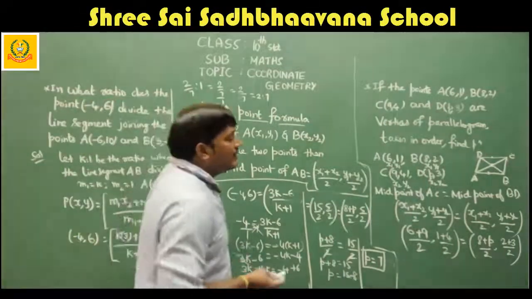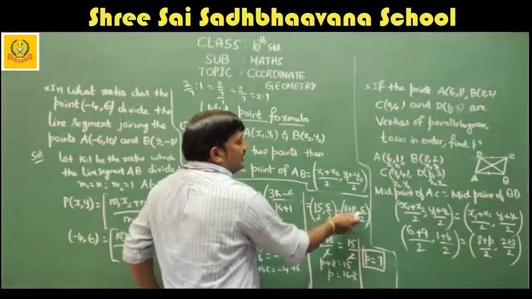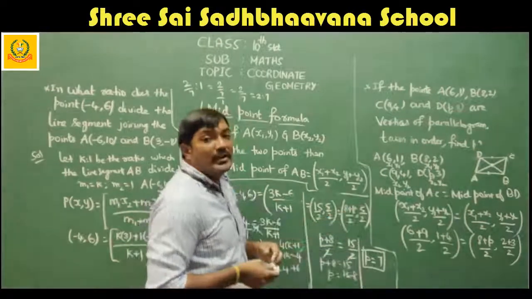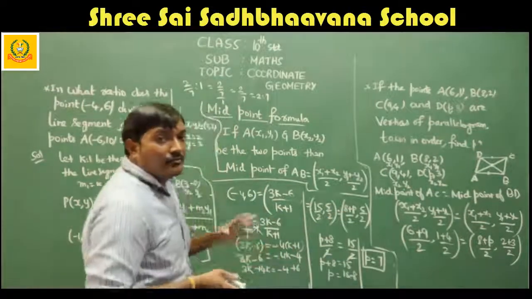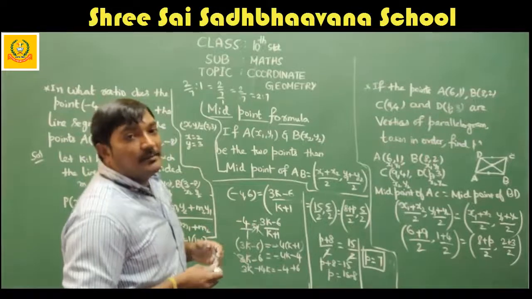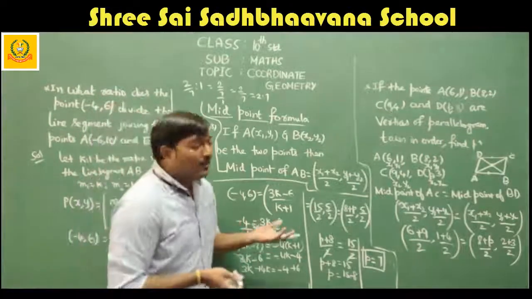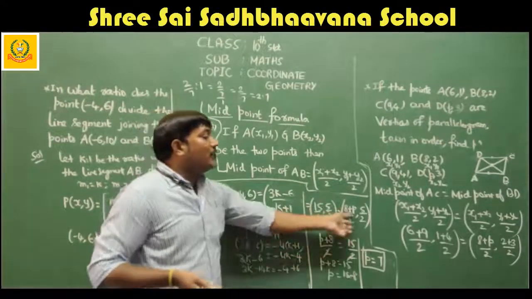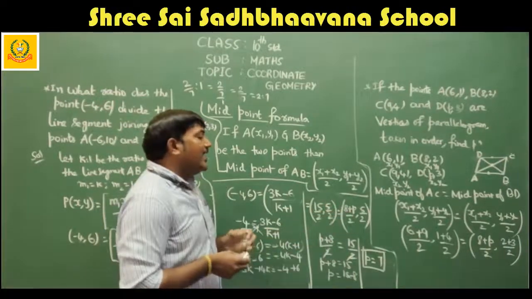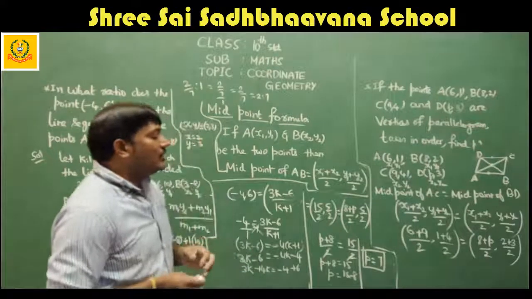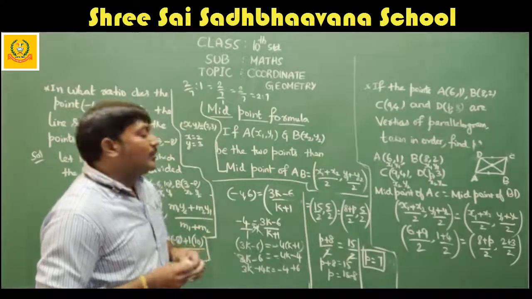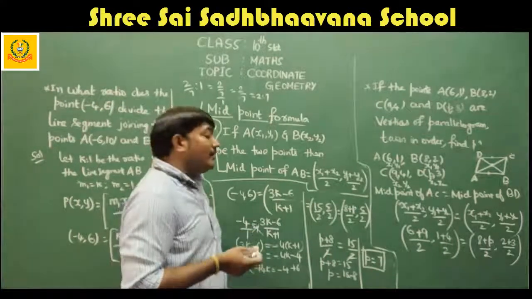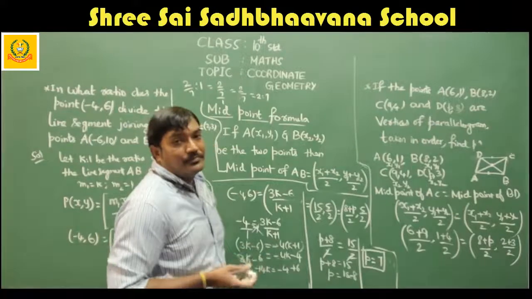So now here, as I told you, if you're not getting same coordinate, especially in this kind of problems, if you're not getting same y coordinate, it means you might have done wrong. If you are getting same y coordinate, 99.9% you got the answer. Usually you can find. So 5 by 2 is already there, no need to equate, and we have to equate the x coordinate. So 8 plus p by 2 is equal to 15 by 2, whereas 2 and 2 will get cancelled. You will be left with p plus 8 is equal to 15 and p is equal to 15 minus 8, which is 7.